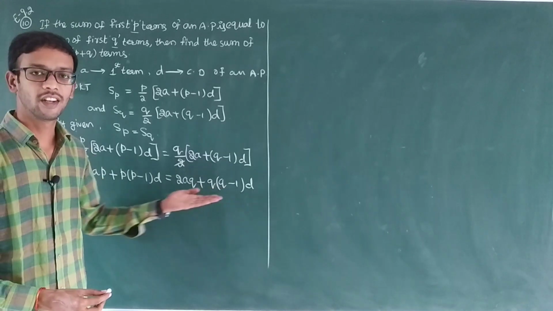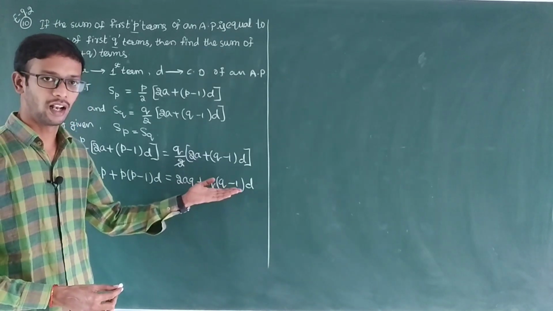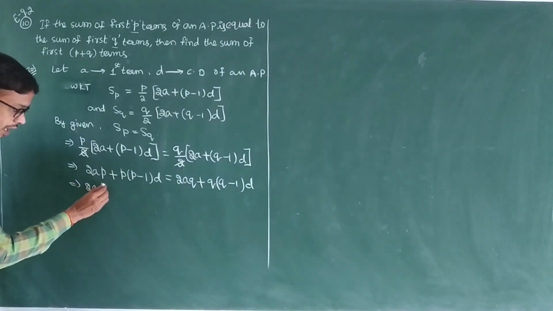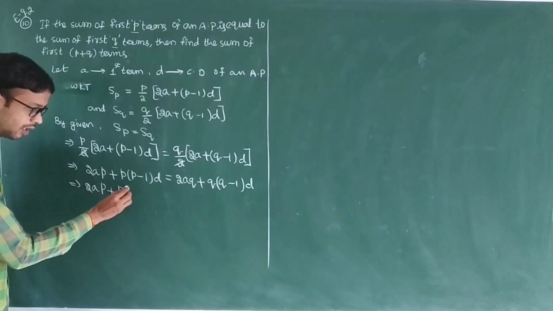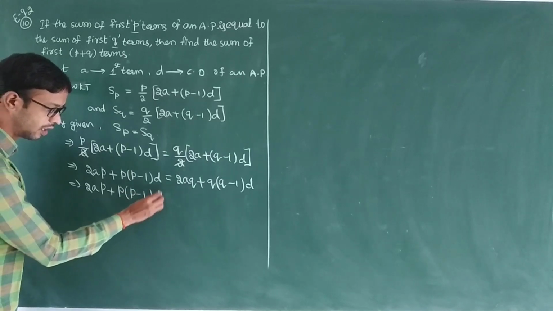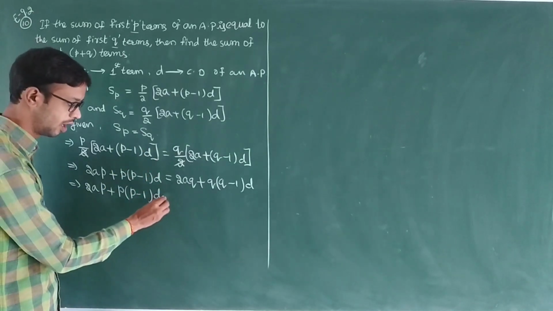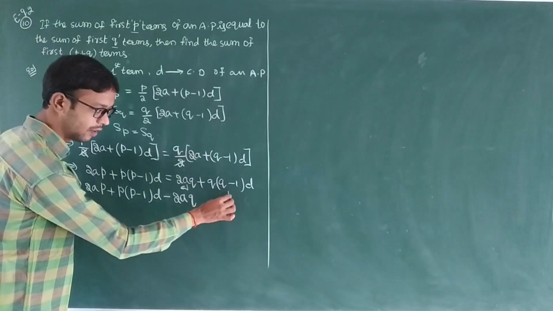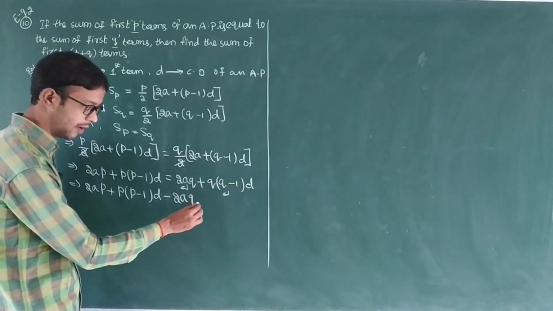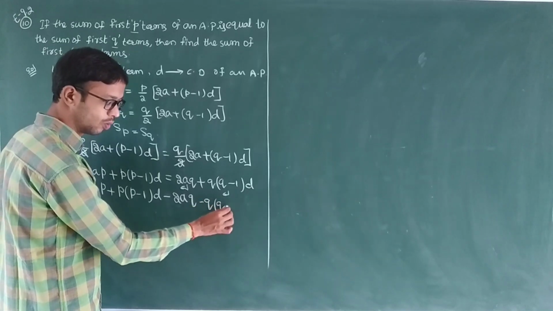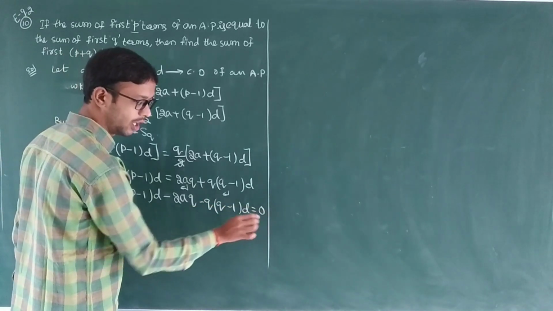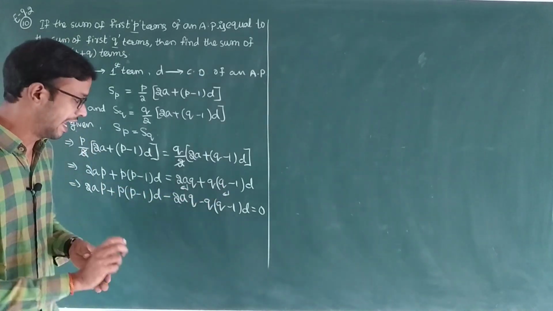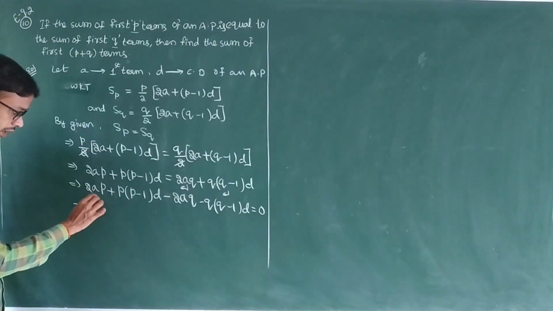So the total from one side, I am sending to the left side. What will we get? 2ap plus p into (p minus 1) into d minus 2aq. This value sent to the left side, this value also sent to the left side: minus q into (q minus 1) into d is equal to 0. Just sending to the left side. Next,